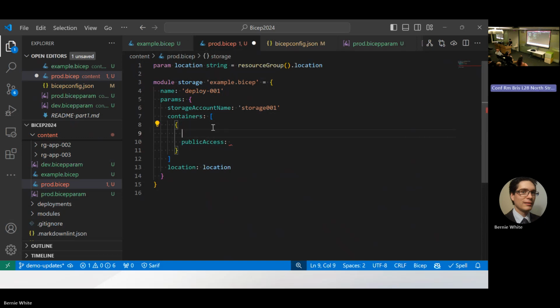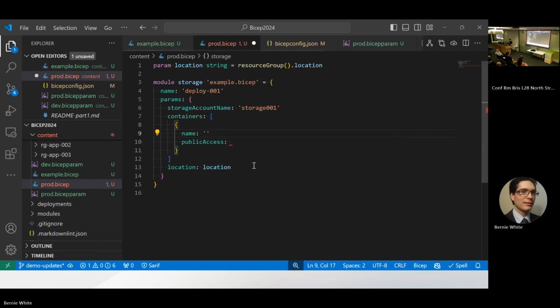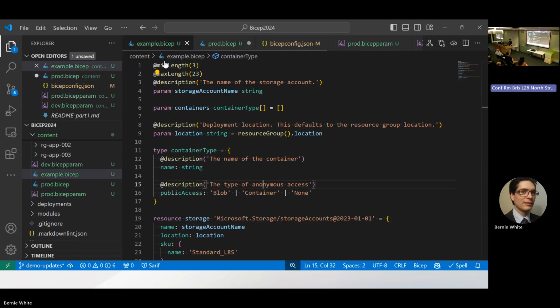Cool. And we can also, again, do that there. And you can sort of see again, it's already not allowing me to do that because it actually needs to be one of these, right? The other thing that we can do is maybe we don't want to set public access, right? The reality of the situation is